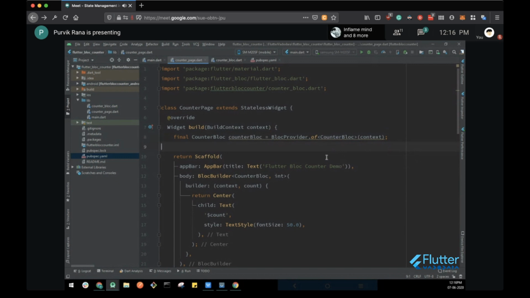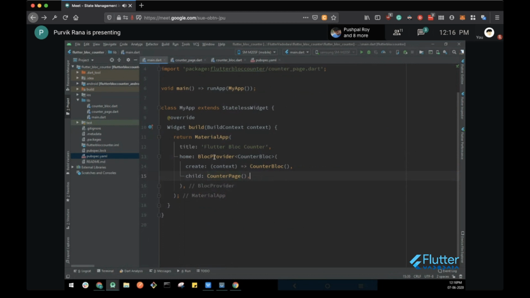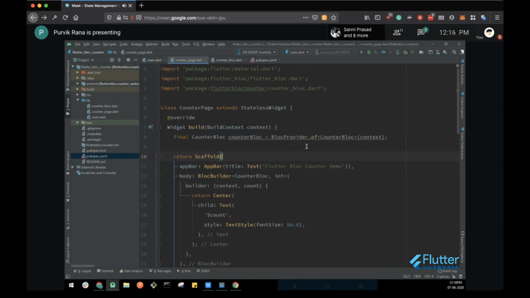We are expecting it from the parent to access it over here, and we assign that instance to the local instance in this particular page. So this is the local instance, counter bloc, defined using this name, and we are accessing the bloc which is provided using the bloc provider to this particular page, and assigning that instance to the local instance of this particular screen.